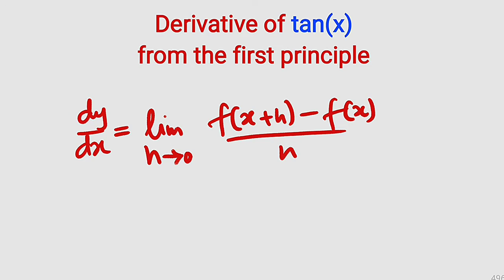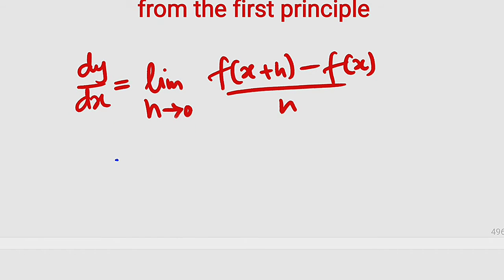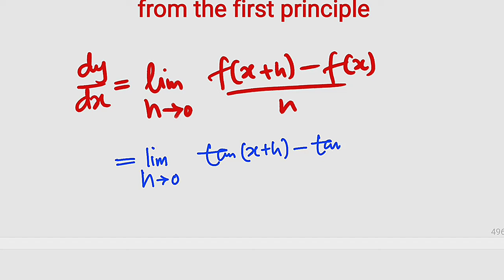All right, let's substitute. So this is equal to the limit as h approaches 0 of f of x plus h, meaning tangent of x plus h, right? Tangent of x plus h, minus f of x, which is the original function, that is tangent of x,